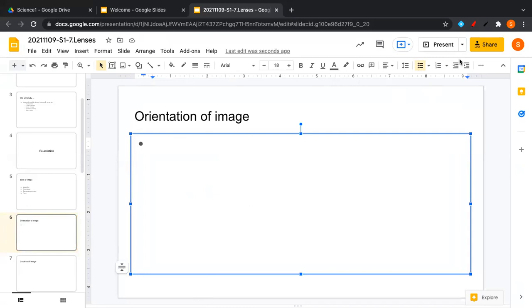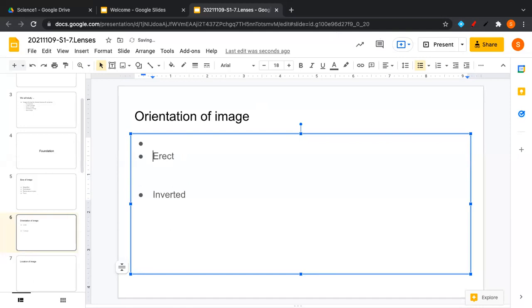Prachi is saying behind the mirror. No, that is also related to location. That is location. Behind is where, na? Khadija is saying inverted. Oh yes, correct, Khadija. Inverted is correct. But before inverted, we should have said something else. What is that? Erect. Correct. Erect. Okay. So orientation means उसका alignment कैसा है? Erect and inverted.